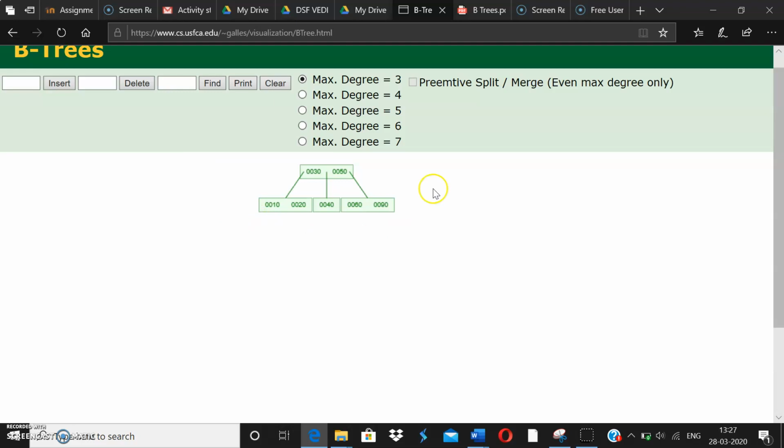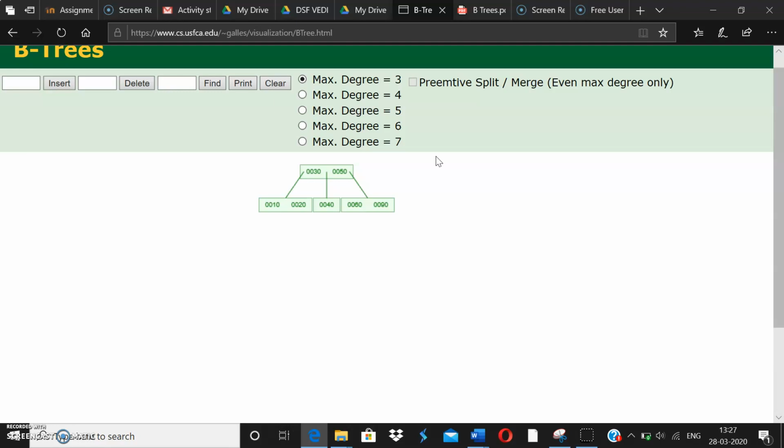In this the searching is very easy. If I need to search 10, I'm going to start from the root. I'm going to see if it is less than the key, I'm going to go towards left. Otherwise, I'm going towards right. Left if 10 is less than 30, and I'm going to go towards right if it is greater than 30. And therefore, this is how we do searching. So searching is same as BST in this.